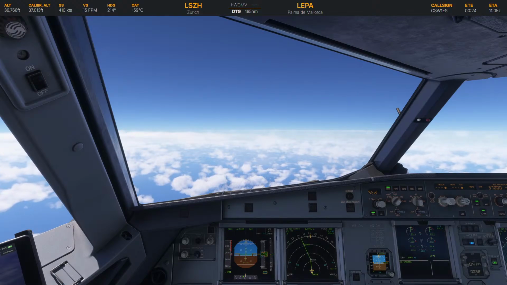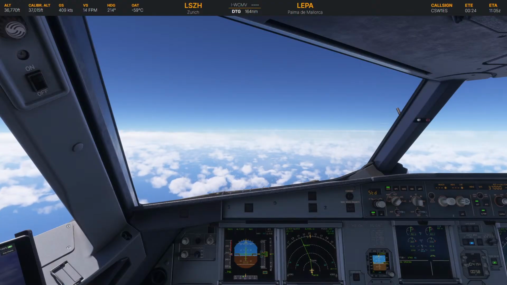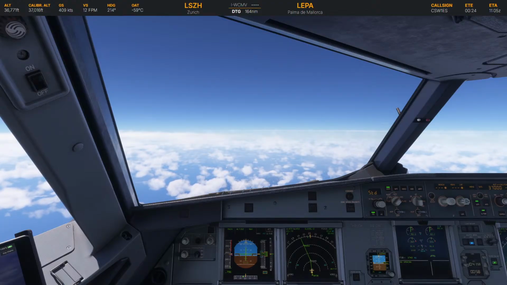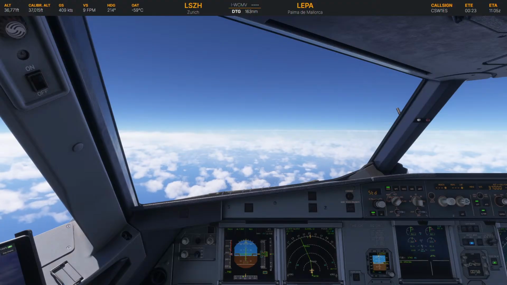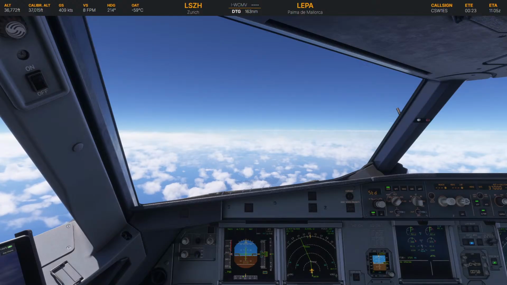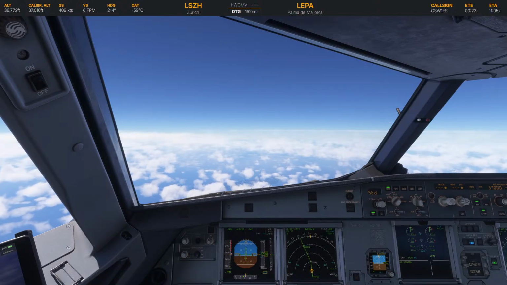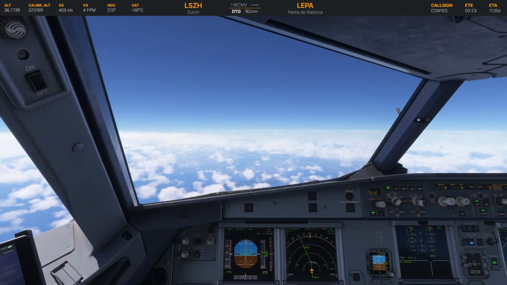So currently it looks good about arriving traffic in Palma. There is a lot of traffic actually getting into Mallorca. I will arrive in 24 minutes and there will be basically only one aircraft arriving at the same time. He's coming from Palermo, and yeah, so basically this overall should be fine. Just have to